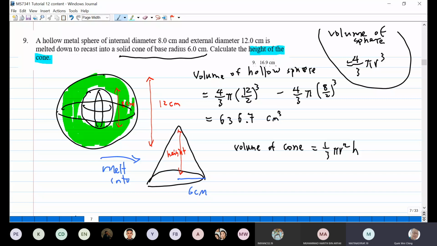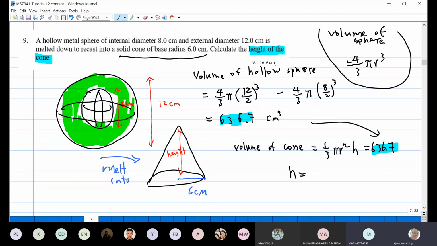So we know that this is equal to 636.7. Now, okay, you put it in here. So this answer 636.7 you put here now. Okay, because this thing is going to be cast into the cone. So what is h here now? So h is equal to,